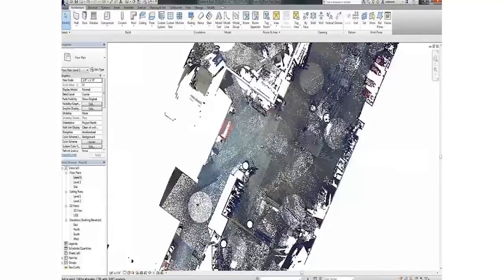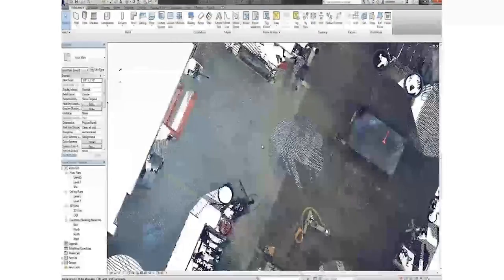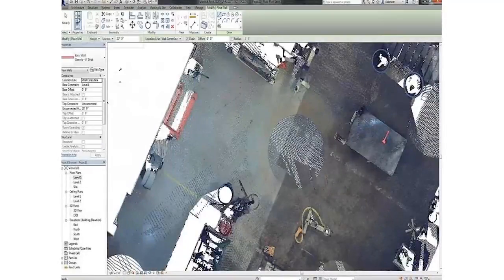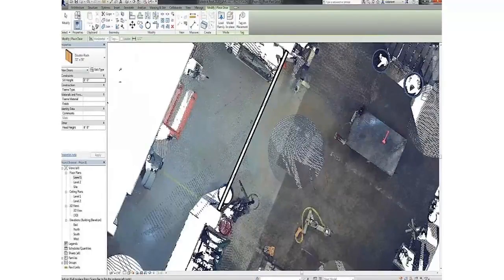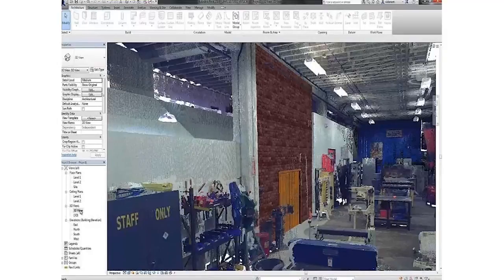So here we are back in our tech shop, and we're going to add in a wall and a door without ever having to measure anything, because point clouds are incredibly accurate. You get them, of course, from scans. You scan rooms or buildings or whatever, pick your object of choice. You can snap to the points. In fact, AutoCAD added like 5 new object snaps this year to snap specifically to point clouds. You can do dynamic UCS on point clouds now.